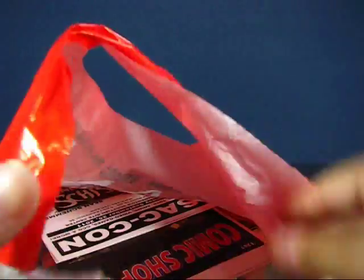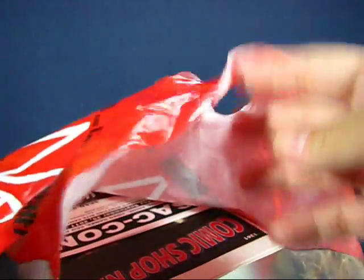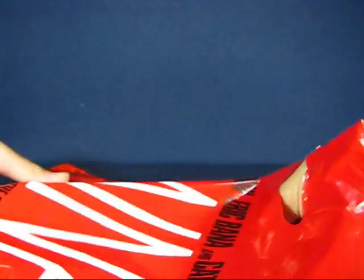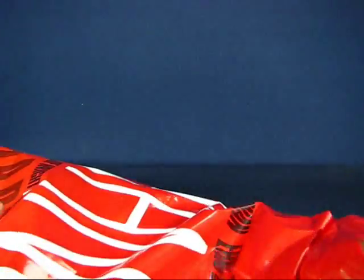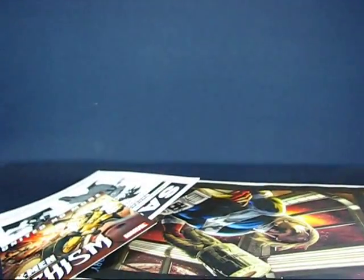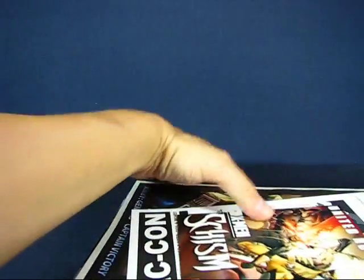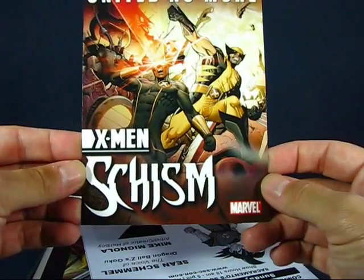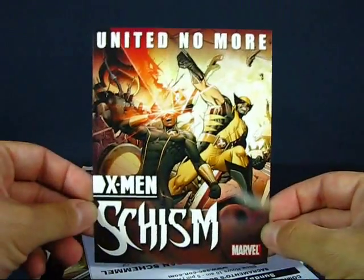go to a few of them last week and picked up a few books here. And let's go ahead and get these out of the bag here. There we go, and share with everyone what I picked up. I got some advertisements here for X-Men Schism on there. And looks like